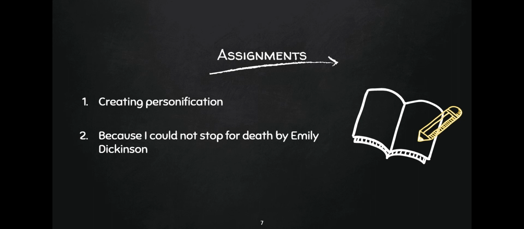The other thing that you're going to do, oh, I spelled Dickinson wrong on the other side. Okay, whatever. The other thing that you're going to do is go through the poem "Because I Could Not Stop for Death" by Emily Dickinson. One of my all-time favorite poems. It is so beautiful. The visuals are great. If you feel like you need a little extra something to do this week, see if you can draw a picture representing what is happening in this poem because it is fascinating. The personification is just glorious and it shows up quite frequently throughout.